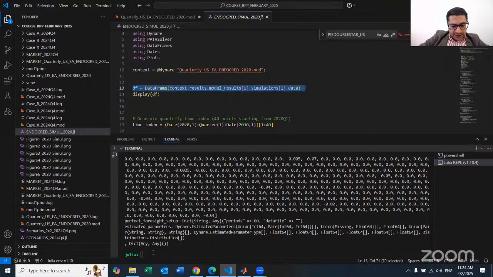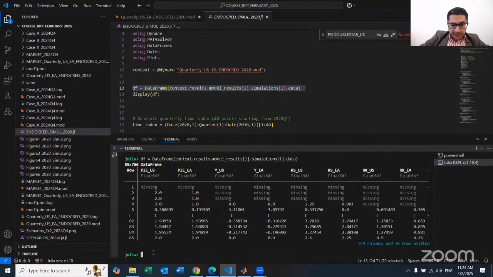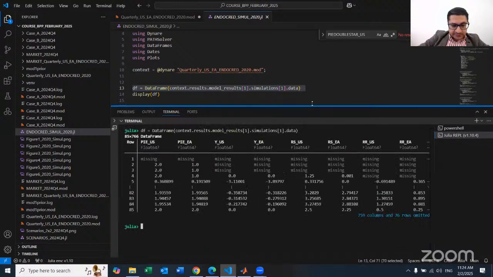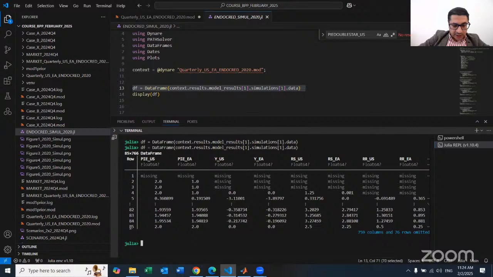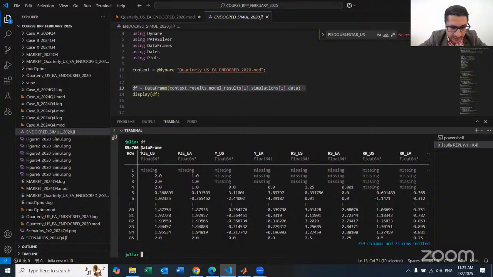So when we run this, okay, what we will get, starting from one going to the end of the period, is the table of the values of the simulations for all the endogenous variables. Okay, in DF now we created this DF. In DF we have IUS,